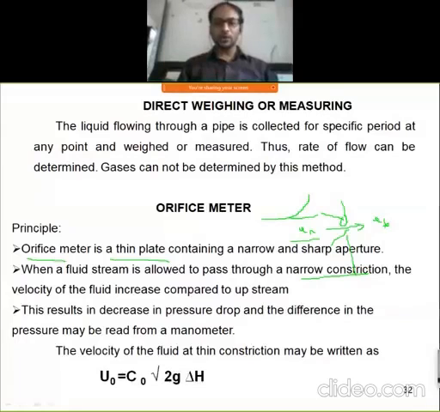Okay, and as we are dealing with simply narrow constrictions to the flow of fluids, giving that sharp aperture to the movement of your liquid, there are simply changes with that velocity. Okay, when we are dealing with these narrow constrictions or constriction losses, the value of u1 is negligible compared with the value of u2. Means here the velocity is less as compared to the velocity at point B.